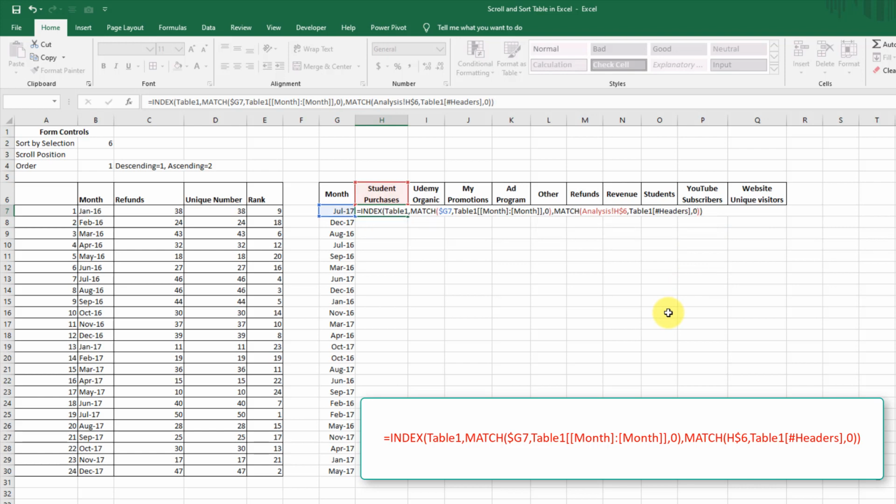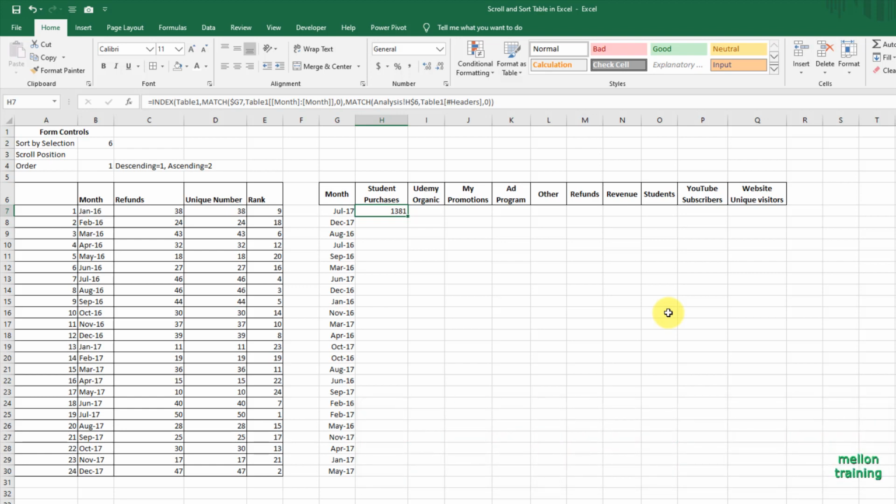So this formula says in this table 1, go to July 17 and return the value in the student purchases column.